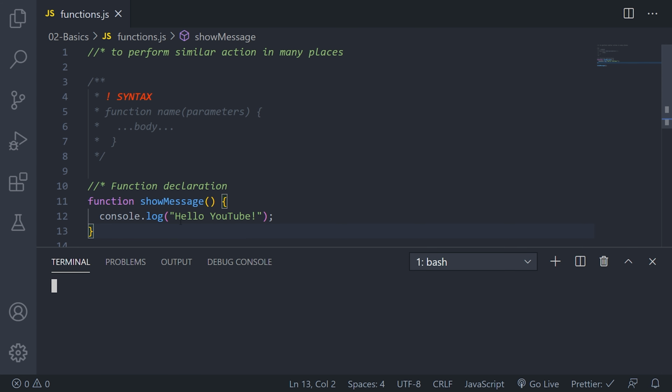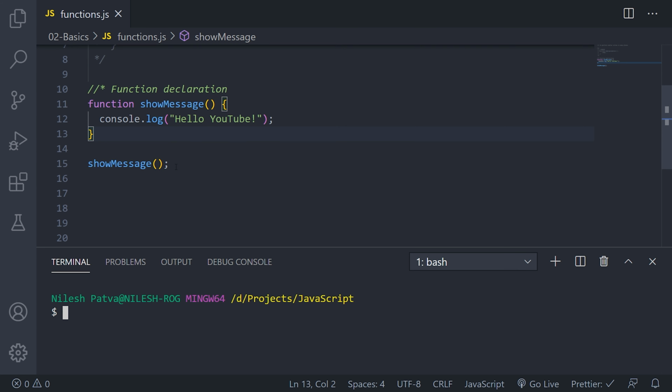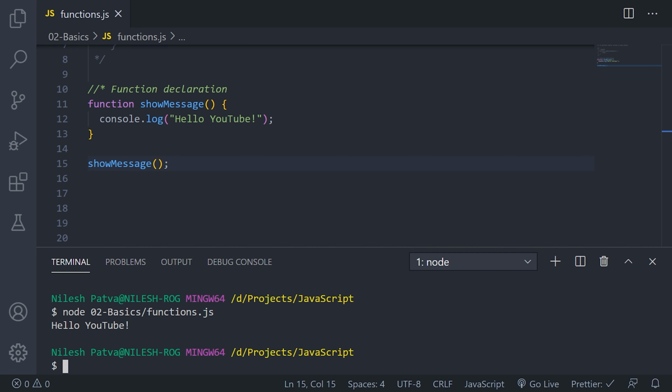I have declared the show message function here, and to call that function you just have to write the name of that function, which is show message, with parentheses. Let us just run this with node, and I am inside my functions.js file. As you can see on line number 15, I am calling this particular function and it is executed and printing the console.log line.